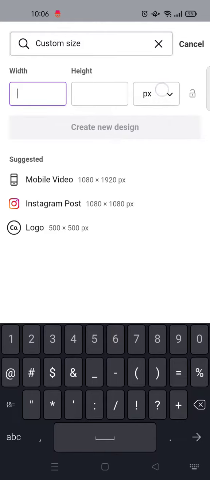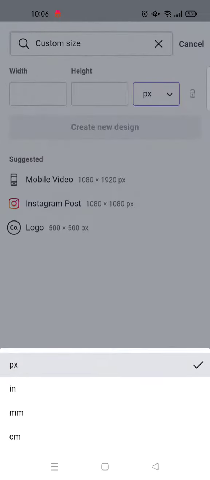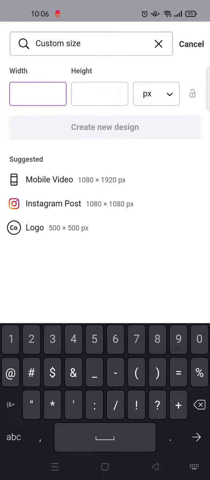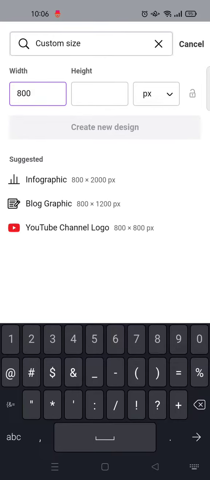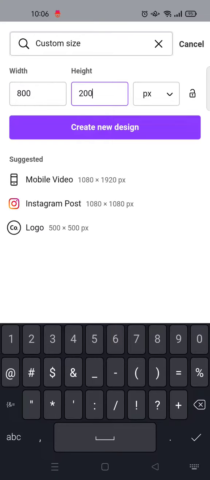For example, you want to set it in pixel or inch or millimeter or centimeter. I'm going to use pixel for example, and then you just need to enter the width, for example, and also the height, like that, and click on create a new design,